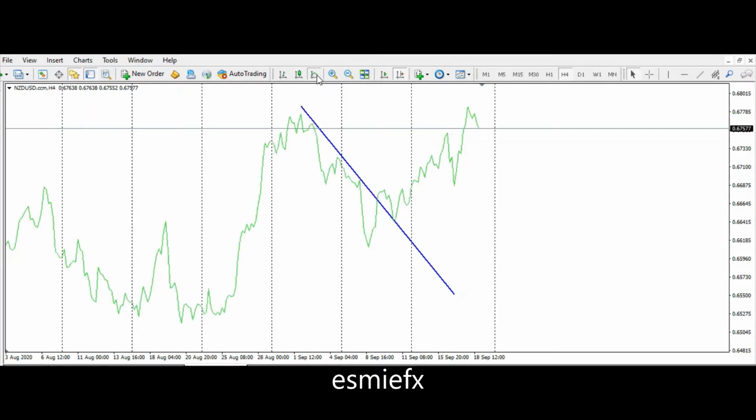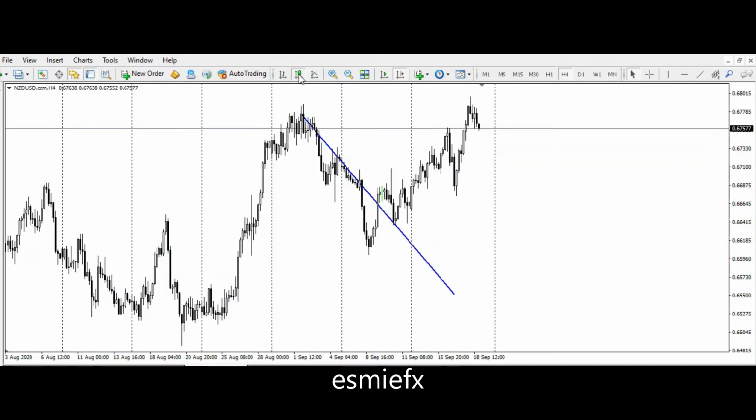So let's connect these highs to this high, assuming we do not know the price action over here. Connect straight down here and then switch to candlestick. So price moved down and it moved up here and broke this trend line. It broke this high here and retested the trend line,